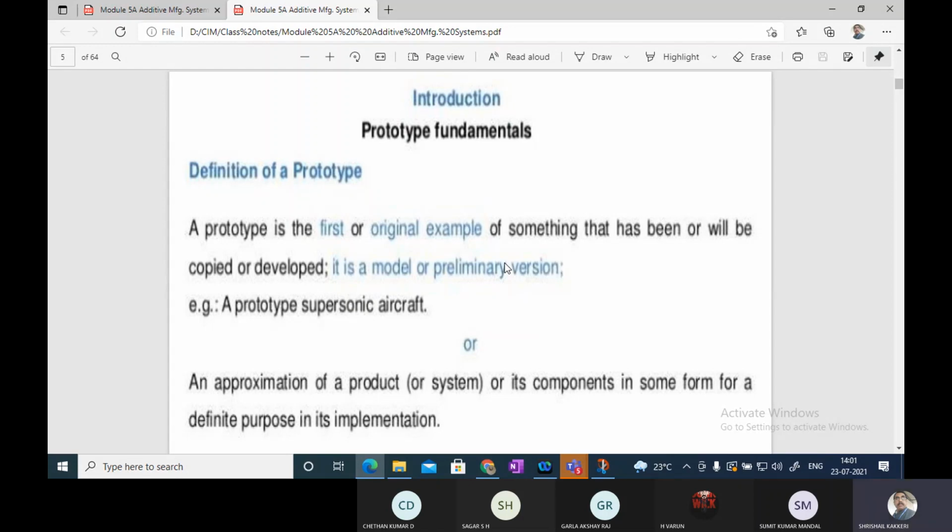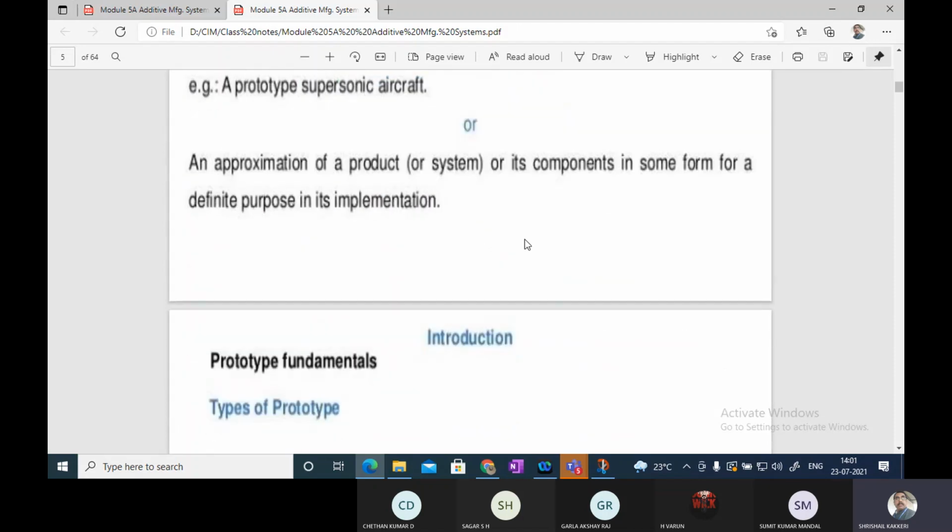And to get these complicated shapes in CNC machines, the programmer needs to do the programming and the machine needs to do the machining work. All these together, what happens? It is time consuming, and the investment over the system and the machining cost will be increased. So to avoid this, what we are going to do is build the prototype model by using a prototyping system. It is called the 3D printing technique.